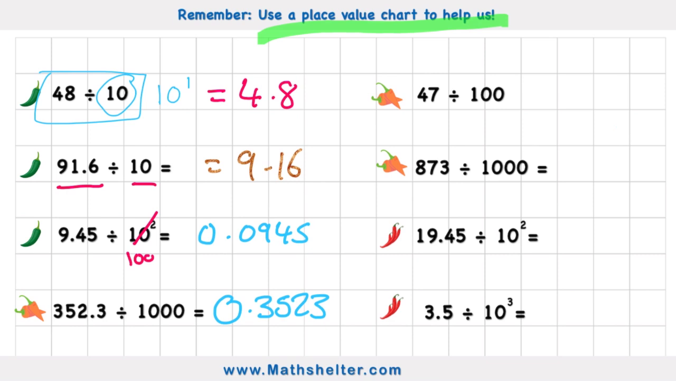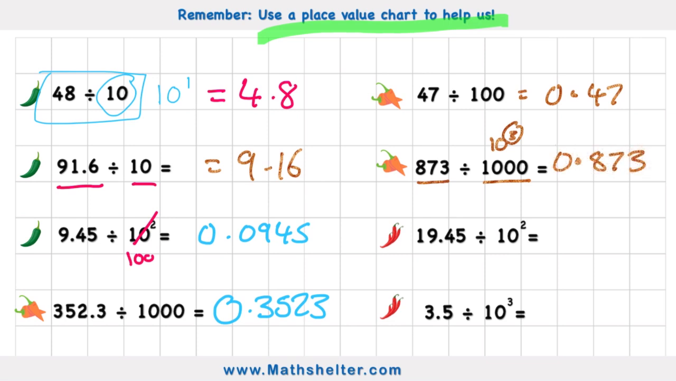So 47 divided by 100 would be 47 moved 2 places. So my 4 would go from being in the tens column to being in the tenths column. So I would have 0.47 as my answer. Next orange chili challenge, 873 divided by 1,000, or in other words, 10 to the power of 3. So I know I'm going to be moving them 3 columns. So if my 8 is in the hundreds column, 3 columns to the right would be the tenths column. So I'm going to have